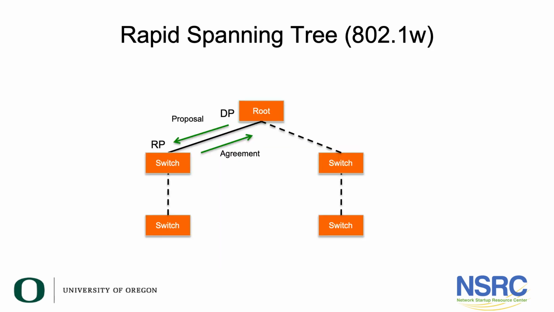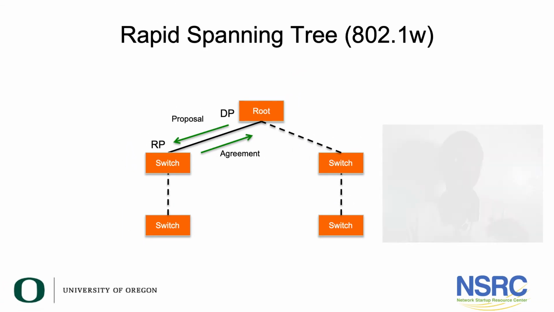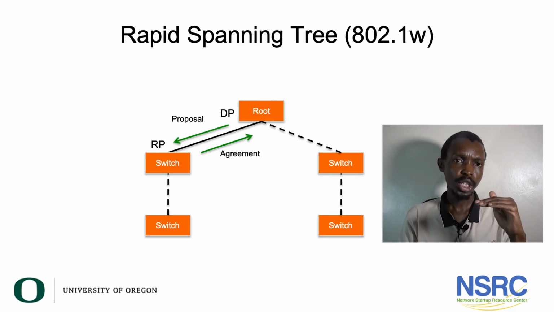In this network, we have a root at the top, we have two switches, and then two more switches at the bottom. All of these will be in blocking because they are waiting for the handshake. So the root sends a designated port proposal to the root port of the other switch, which sends an agreement. Then it will do that to the other switch on this other side. Note that for any particular switch, it can do this proposal simultaneously on the different ports.